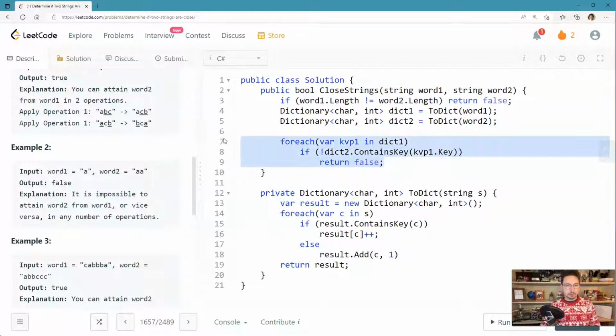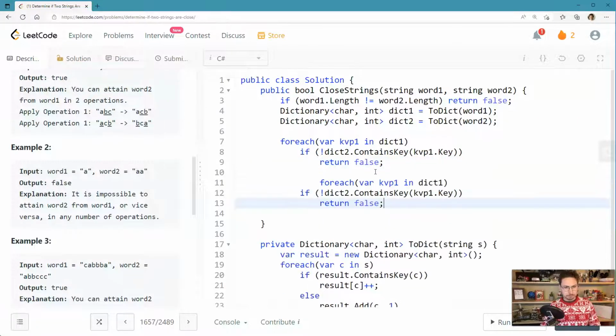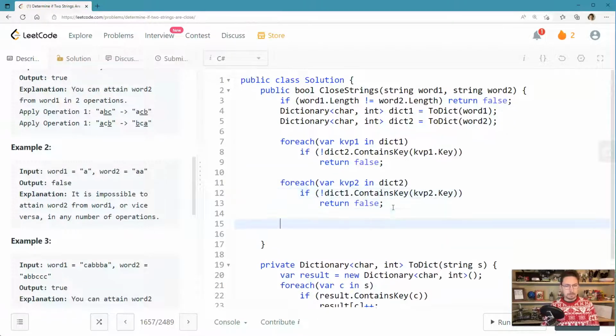And also I need to do this vice versa with the second one. I will do this like this, like this, like this, like this. Okay, now when we are sure that sets are equal, we need to compare values, because